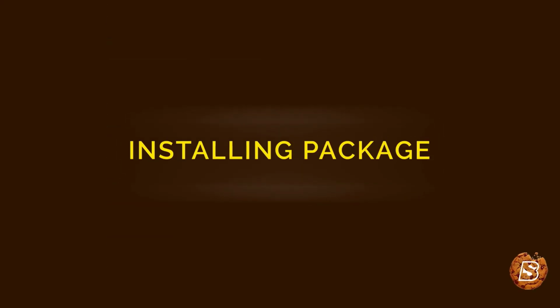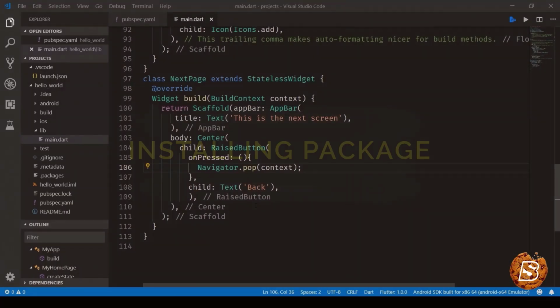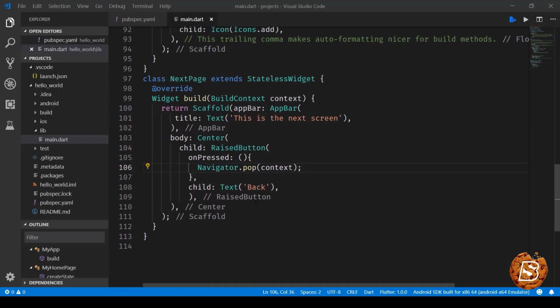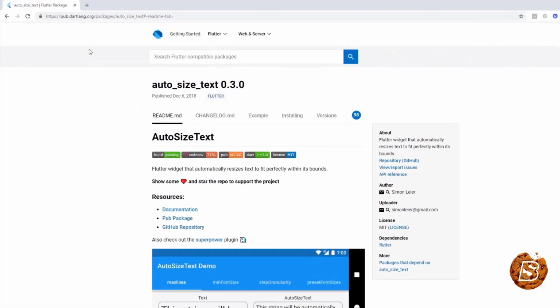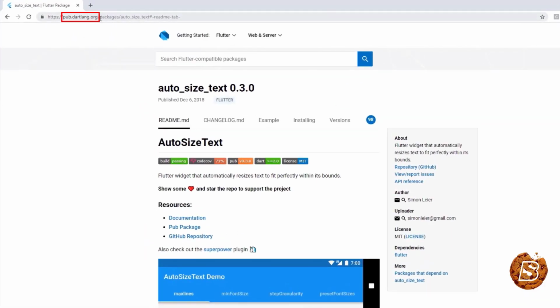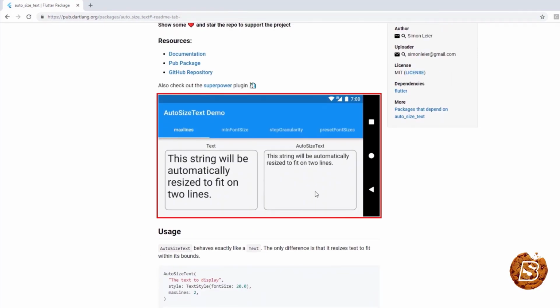In this lecture, we'll take a look at how we can install a package in a Flutter application. For that, first of all, we'll go to a website where we can find those packages. The website is pub.dartlang.org. Here you can see we will be implementing auto_size_text. What exactly it does, as you can see from the demonstration itself, is auto resize the font